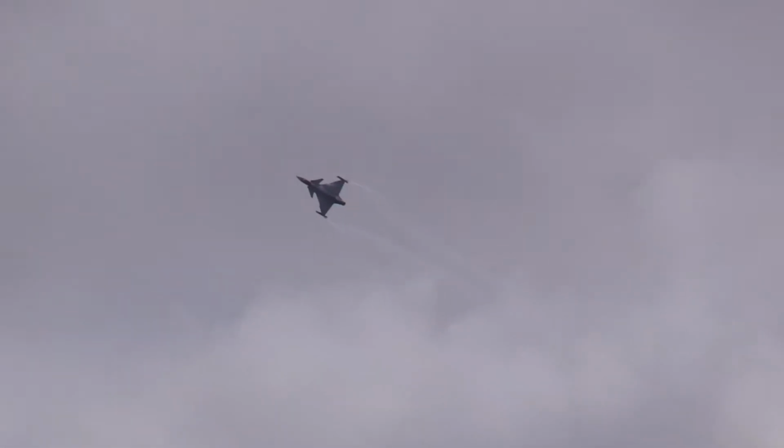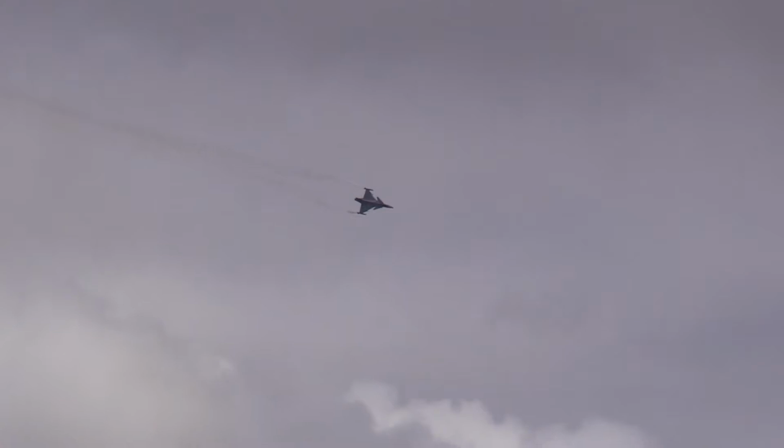Beautiful slow roll there, followed by a very rapid roll. Although it looks relatively simple, it's one of the most difficult manoeuvres to fly and fly accurately, using all three axes of the controls at very